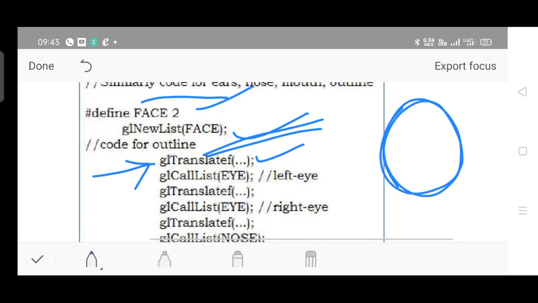One is translation, second one is rotation, and the third one is scaling. Briefly I'll tell you what translation is. Moving the object from one location to another location, in linear position, is called translation. Then rotation: changing the angular displacement of an object, by referring to a fixed point, is called rotation. Changing the angular orientation of the object is called rotation.